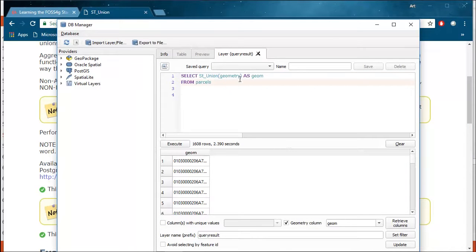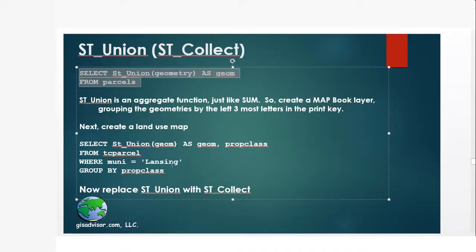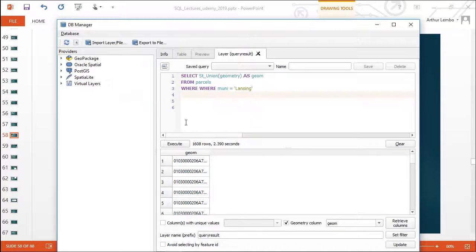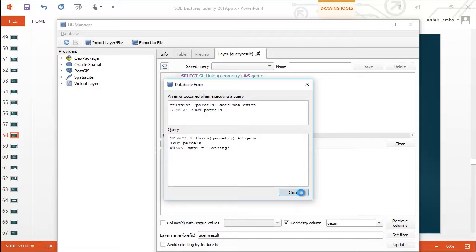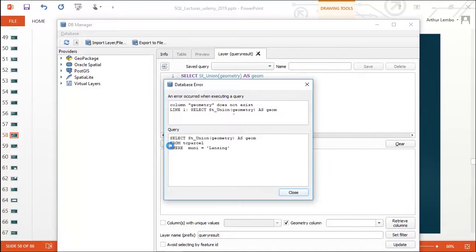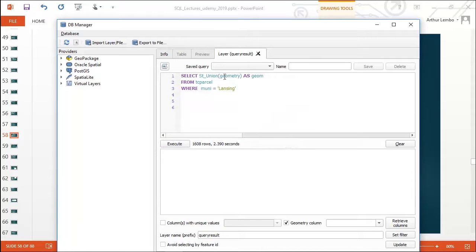So let's say ST_Union geometry from parcels where, and let's come back into our query here, where the municipality is Lansing. Now the reason I'm doing this is I just don't want to take too much time. So we'll just do it for a small part. So let's run it first off. Oh, I've got to make it TC parcel. So we'll run that. And make this geom. That's better. Okay, so let's let this run, and I'll turn this off for just a second. Oh, it actually finished. So let's update our data,